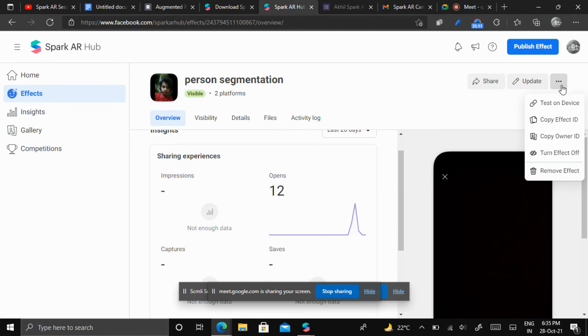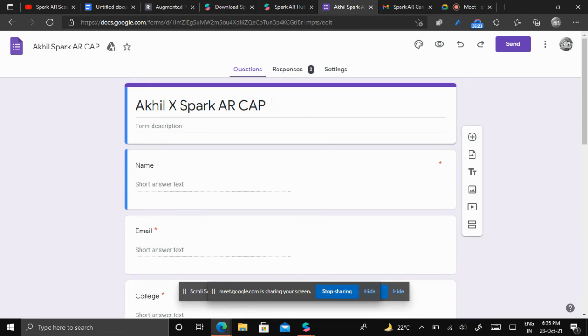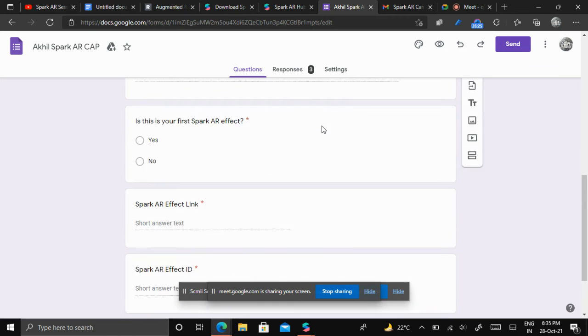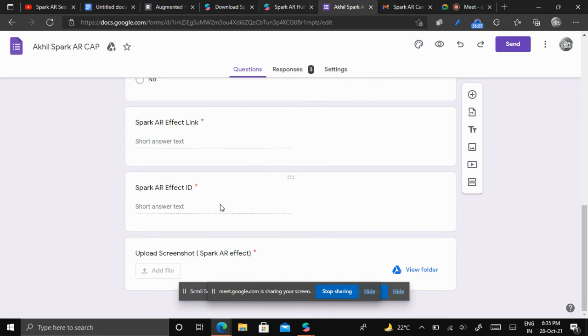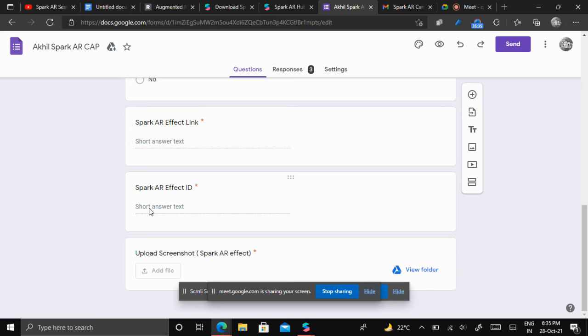You can test this on the device. You can copy the effect ID, like in the Google form I have shared. You have to share the ID here, this ID, the copy text effect ID. You need to copy this effect ID and paste it here.